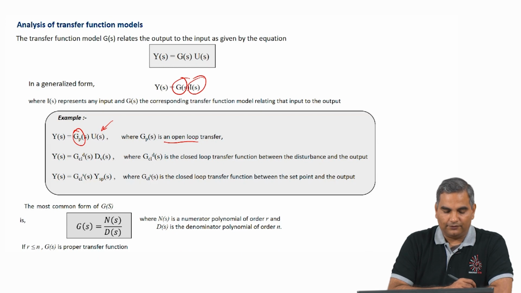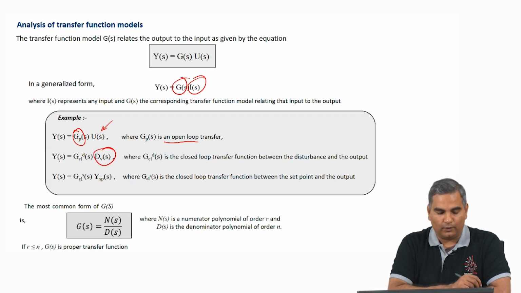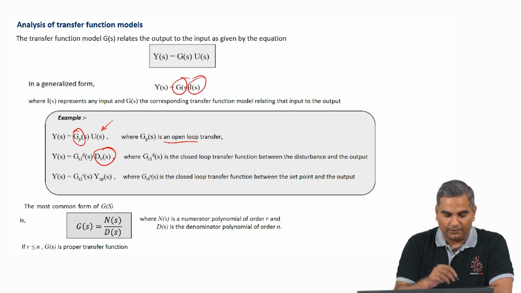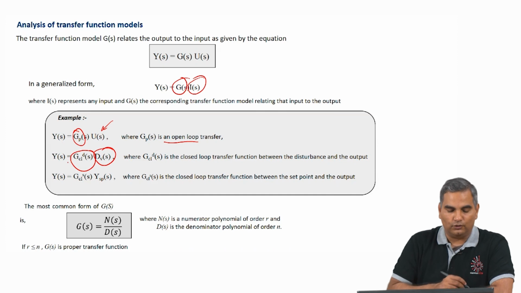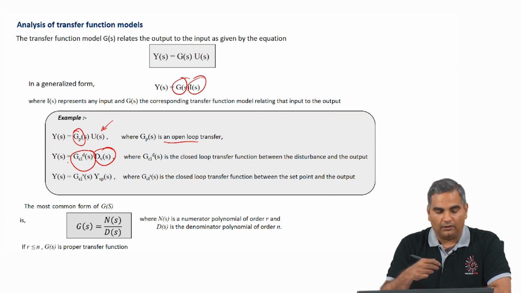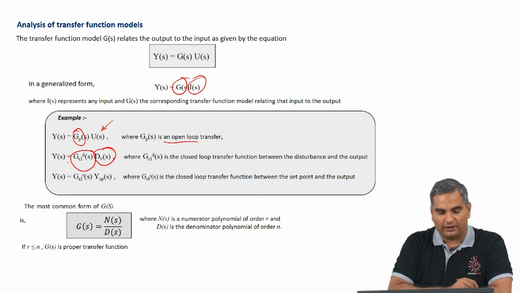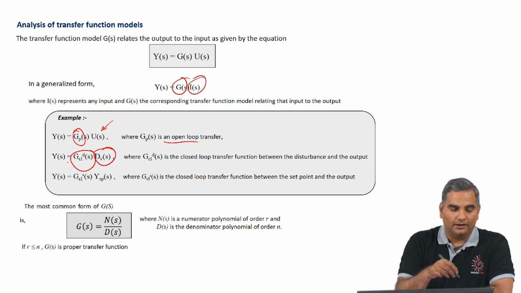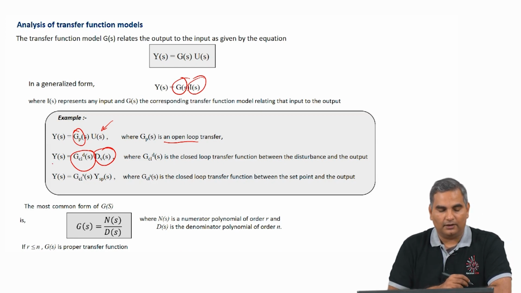Now, if we write the effect of a disturbance variable on Y(s), here I have some terminology which we will come back to later. This is a moderating function, which is a closed loop transfer function on how the disturbance affects output. We have not yet talked about closed loop transfer function, so we will come back to that later, but for now you might simply assume this as some transfer function which moderates the effect of the disturbance on the output.